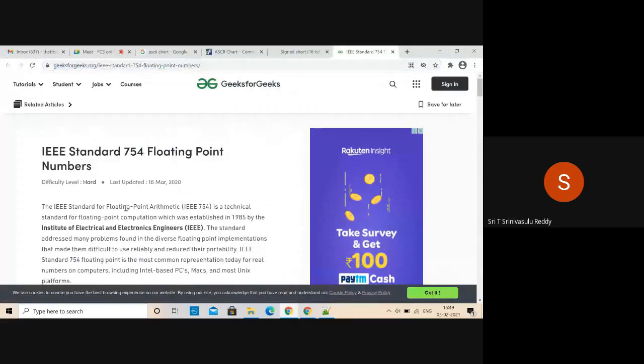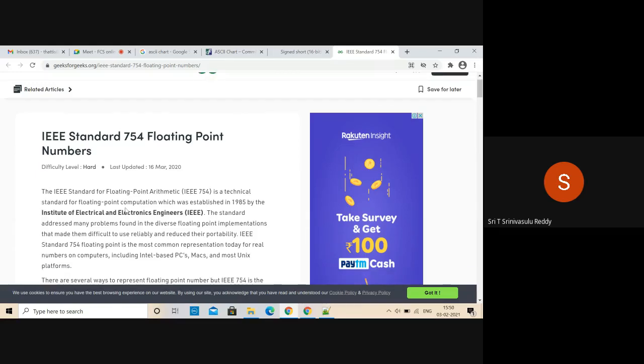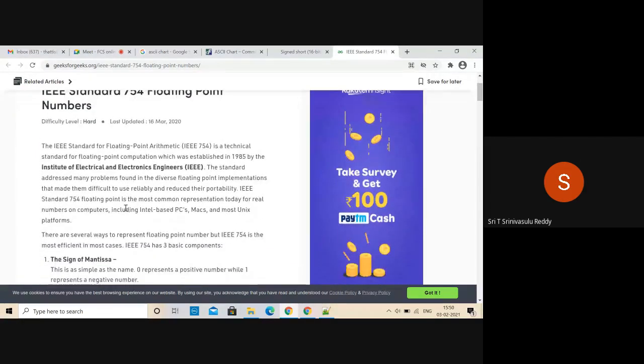And here you can see IEEE standard 754 floating point numbers. So this is how internally all the real numbers are represented. Whenever you say float f equal to 15.7, how do you store that 15.7 internally? 15.7 also is stored by using a combination of zeros and ones. What is that logic? And whenever you see a combination of zeros and ones, how do you understand what that value is? That you can understand by using IEEE 754 notation.